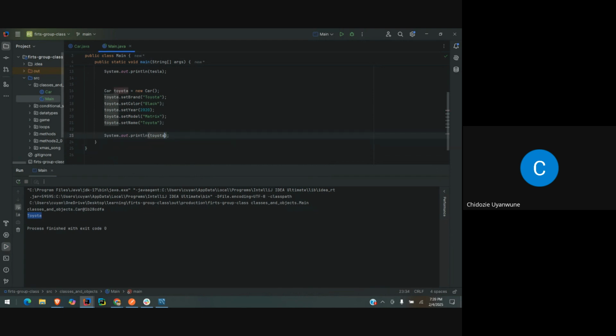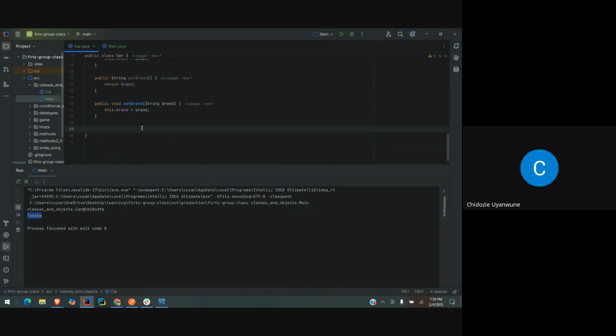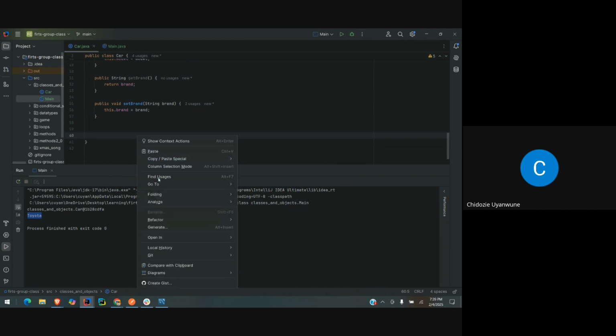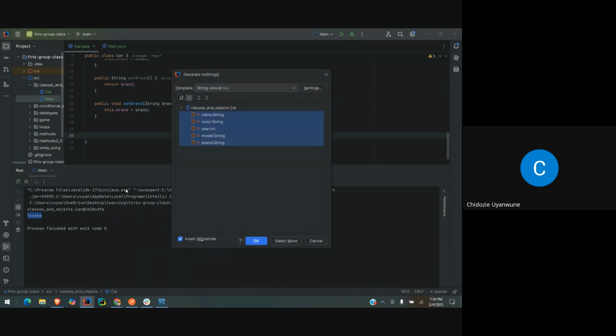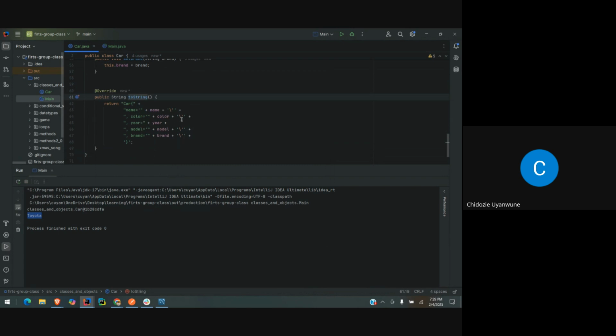For us to do that, we need to override the toString method that the class has. So let's generate toString. This way, when you run this code now, it gives you the string messages or the string values that we are looking for. You see now,